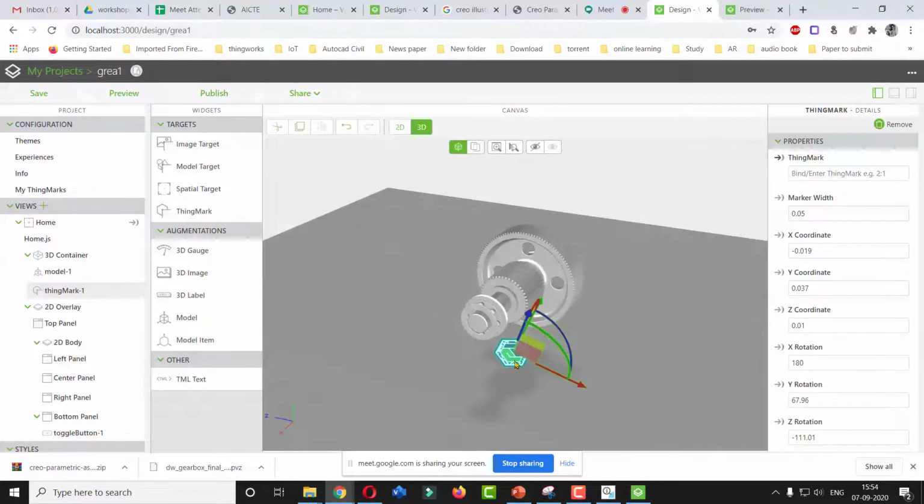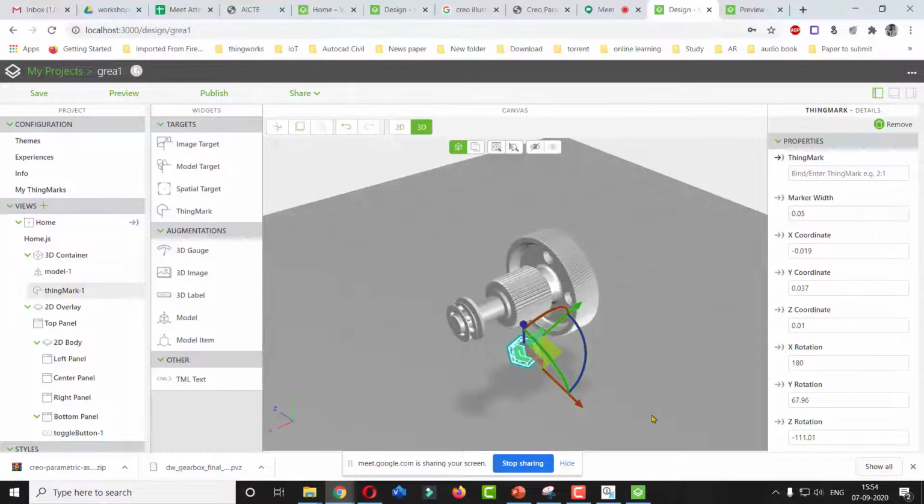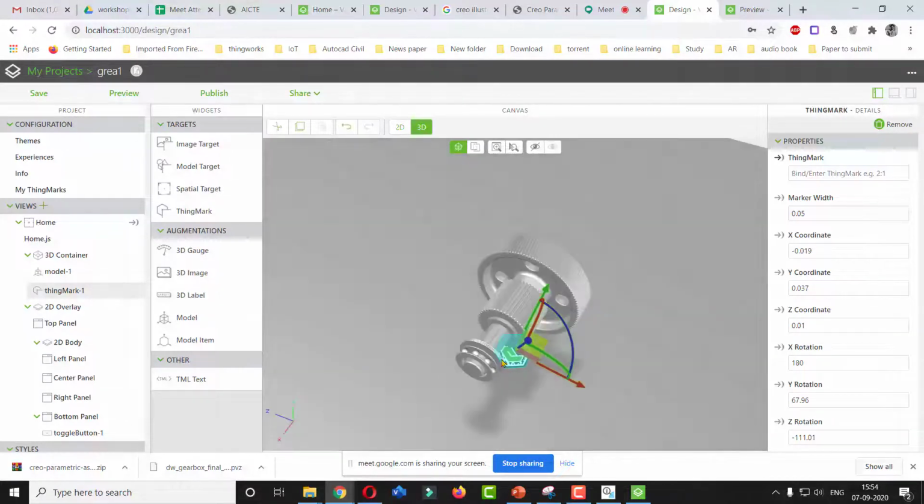Okay, so with respect to this barcode, it will show in this condition. So whenever the barcode is at right angle to your screen, your object will be in this position. So I will rotate it slightly, and in this way I want this particular object to be presented. Or you can increase the size of the barcode as well. I am increasing it to 0.9 or 0.1, and again you have to save it and publish it. In that particular way, you can change the orientation size of the object.